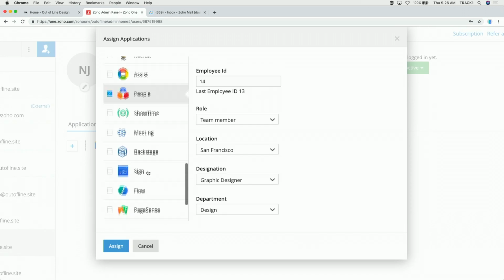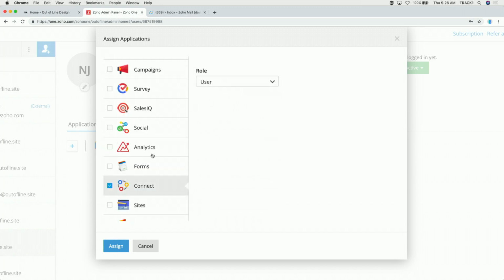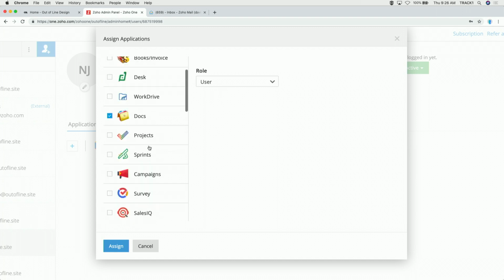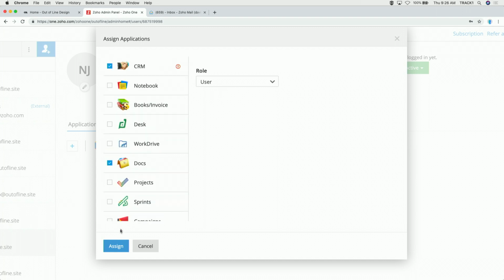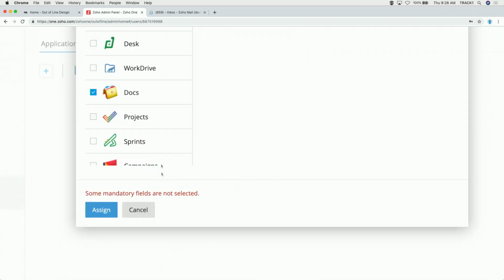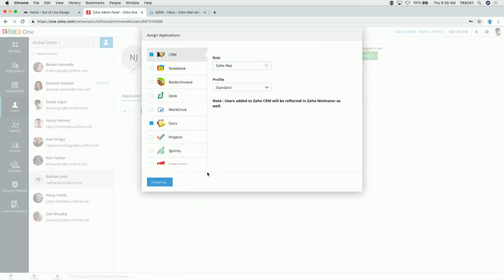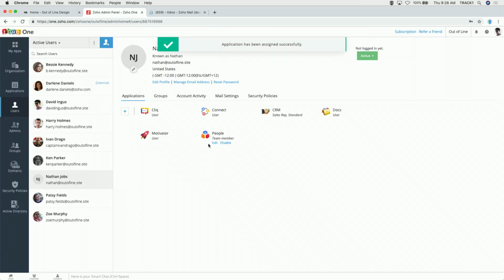And let's see, what else might we want to add for Nathan? We can give him a connect role. I think that'll probably do it for now. And we'll go ahead and hit assign. And you can see that after I tried to hit assign, some mandatory fields were not selected, so it's not letting me add him quite yet. And hit assign, right? So just like that, literally in like the 15 minutes that I've been up here,